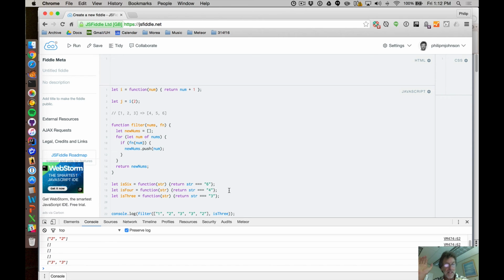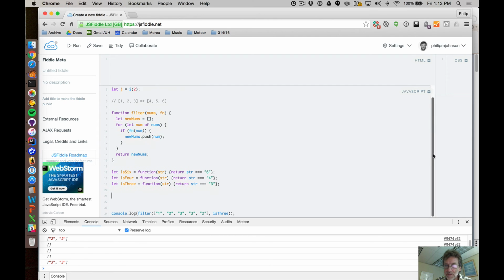Fortunately, with functional programming constructs, we've got a tool that can come to our rescue, which is the ability to return functions as the value of a function. How would that work? It's really a little crazy until you get used to it, and then you're like, man, this thing is awesome. What we're going to do is say function